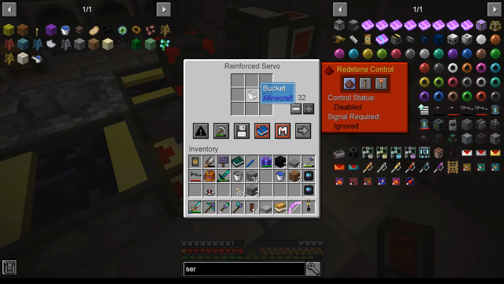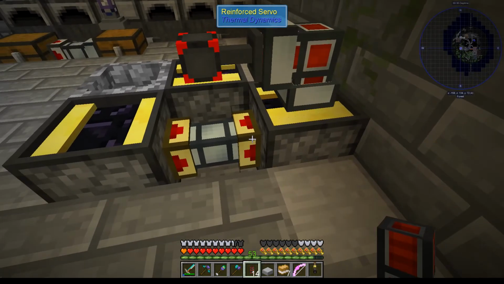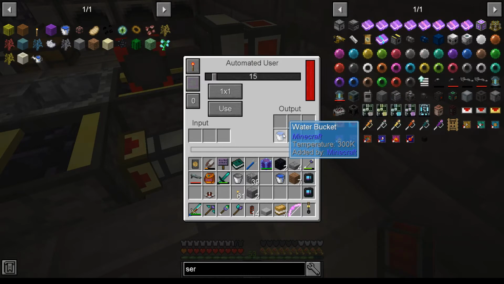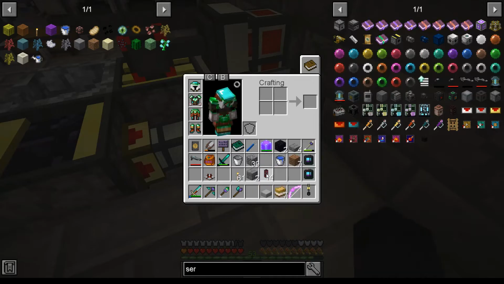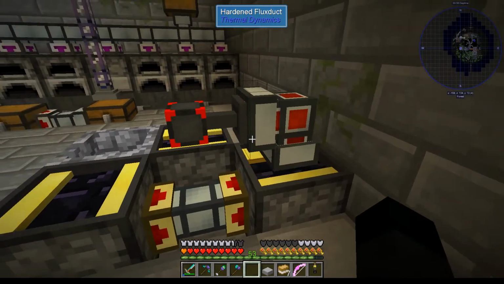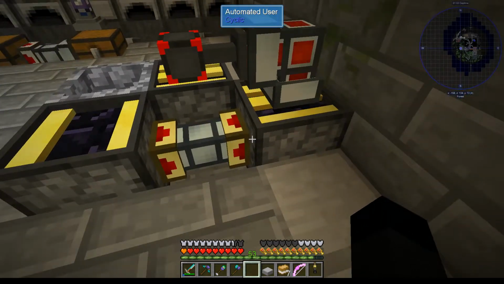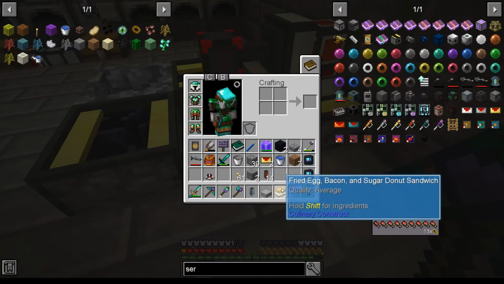Why are you not taking that out? That should be coming out. Why is it not coming out? Why are you not coming out? Okay, there are other ways around this. Should be doing nothing. Okay, that's fine, and that's there. Right, we need to take that out of the way then, don't we? So you are there. You've got a water bucket, and